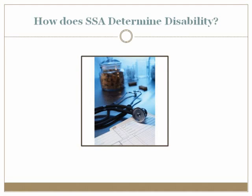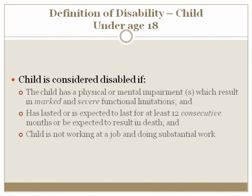So how does Social Security determine disability? The definition of disability is very strict under the Social Security guidelines. We have a definition of disability for an adult as well as a minor child. The definition of a child who is under age 18: the child is considered disabled if the child has a